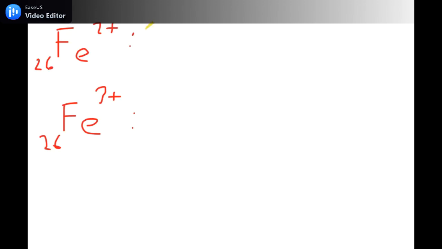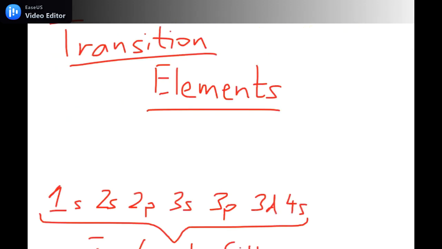So for that, the configuration will be 1s2, 2s2, 2p6, 3s2, 3p6. First, I'm writing the general configuration of the iron atom, which is 3d, then 4s2, 6 electrons remain, so 6 over here. Now, 2 electrons are being lost, and we did earlier that electrons are always lost